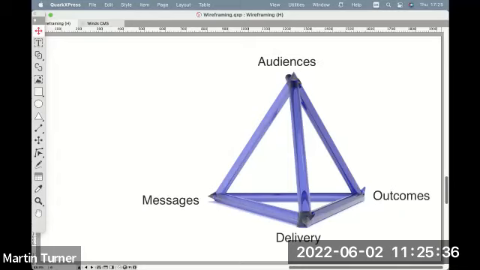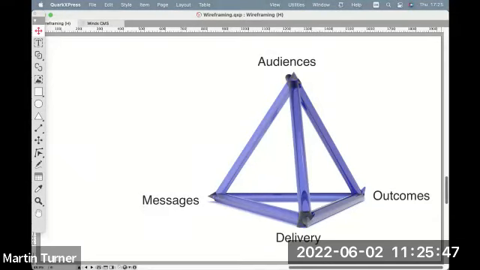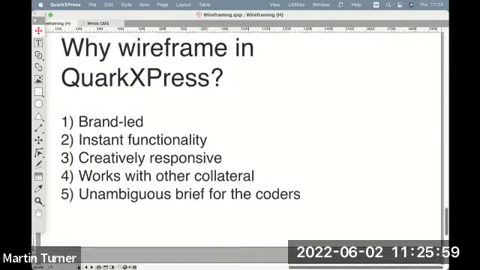And finally, how do we deliver that? That's the functionality, that's the bit which is going to require the coding. Before ever starting, you want to agree those things before you code anything at all, because any code that the coders write, when you haven't agreed this, is wasted code. It's literally wasted money. So the point of wireframing is to come up with a series of different, like, single sheets usually,